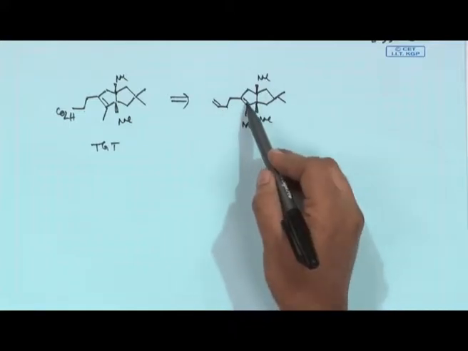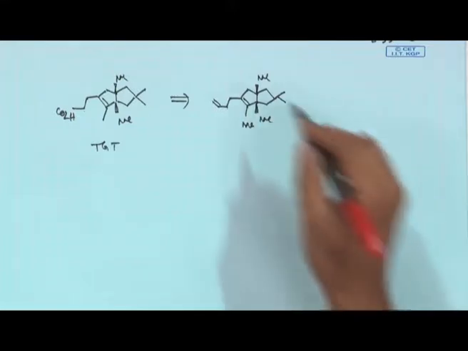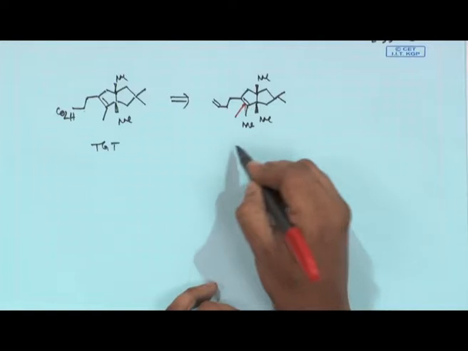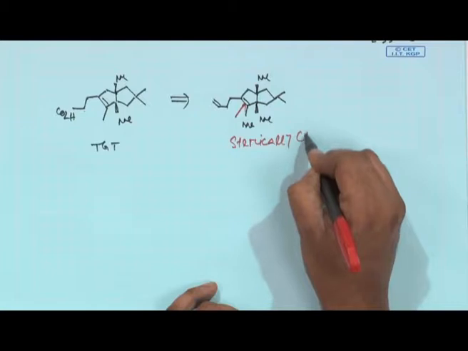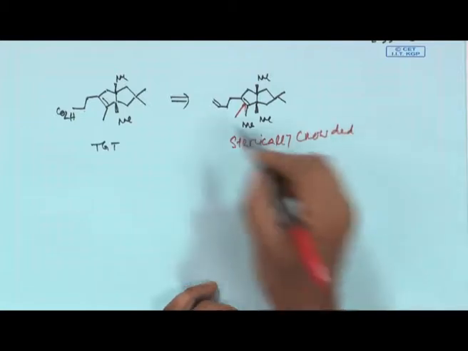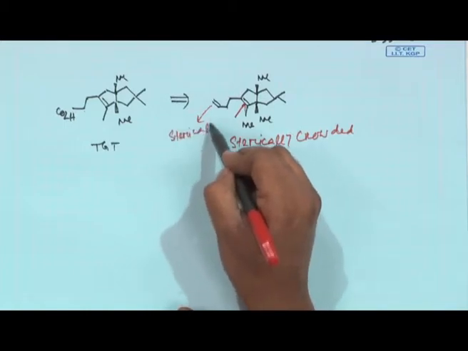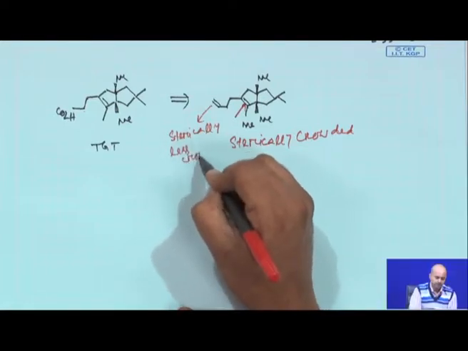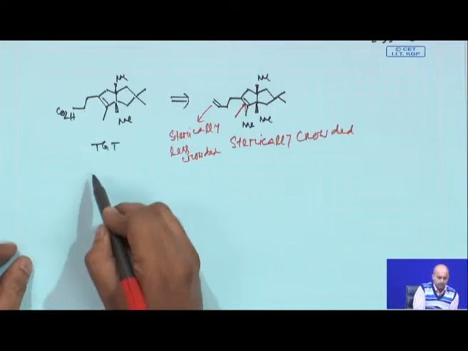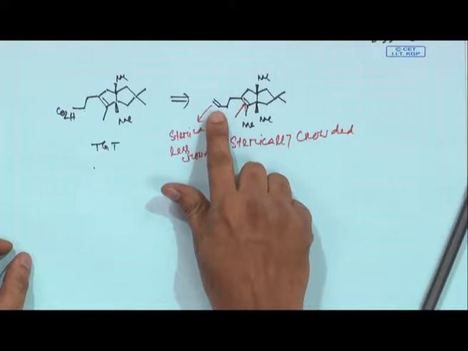Now, if you see, this double bond is definitely electronically rich because it is tetrasubstituted, but on the contrary this double bond is highly sterically crowded. This double bond is sterically very much congested or sterically crowded. On the contrary, this double bond is sterically free or sterically less crowded. So, based on this information, we will now say that if we have to touch one particular double